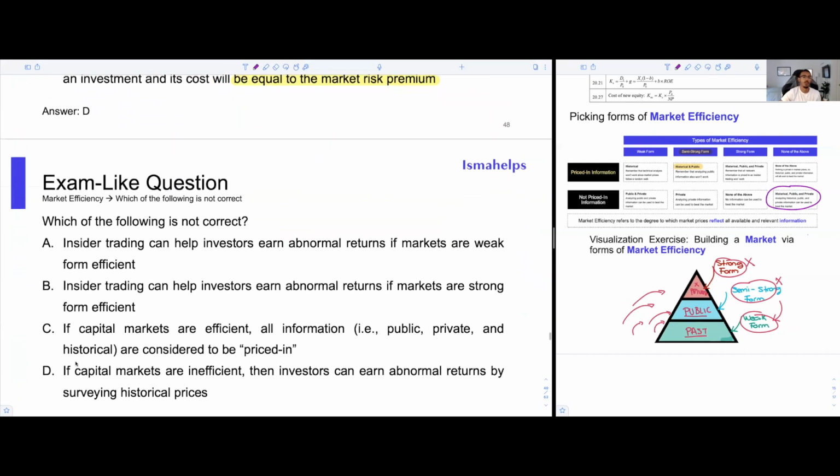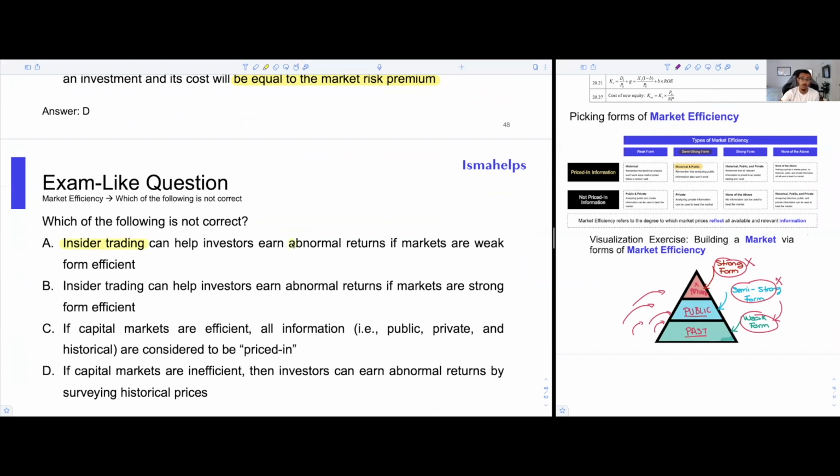Yeah, okay. So another one which looks for which of the following is not correct. We're just going to clear up our framework and we'll solve for this together. So which of the following is not correct? If we go with A, it's telling you that insider trading can help investors